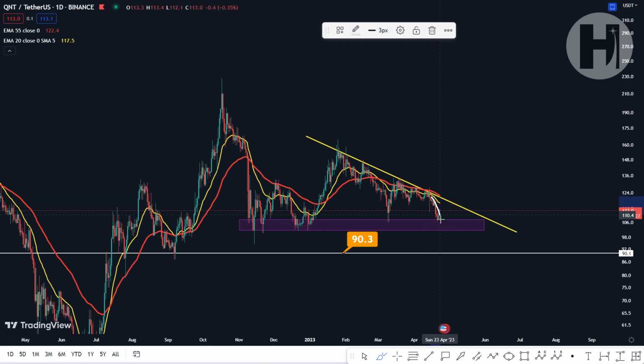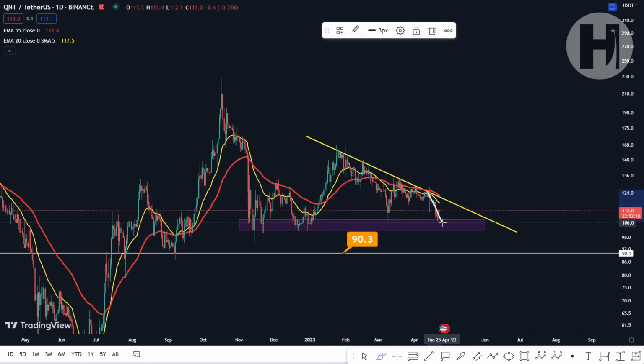On the contrary, we could break out, which is unlikely. We could break to the upside, of course, and have a back test of support of the previous resistance and continue on from there. Now, if that was to happen, we would have to break above our January 2023 high,